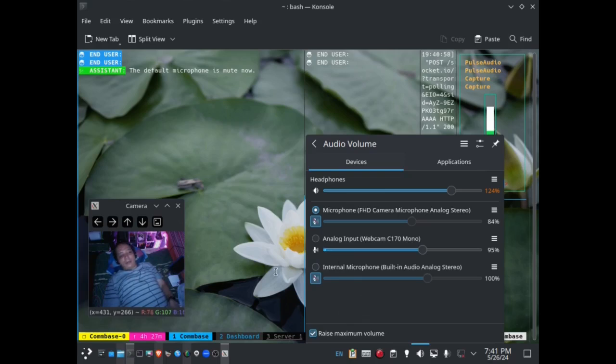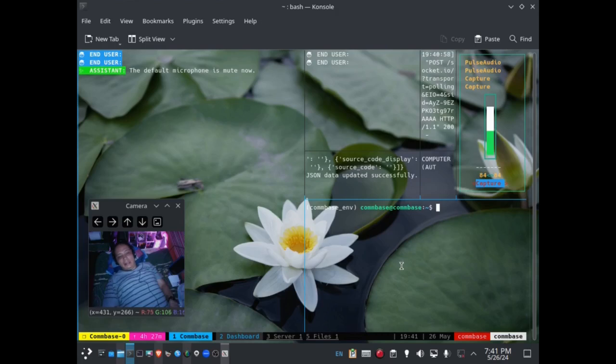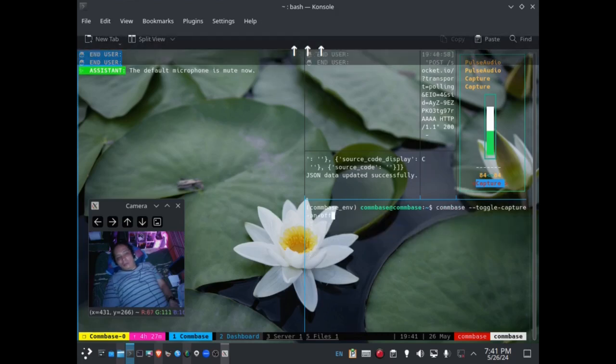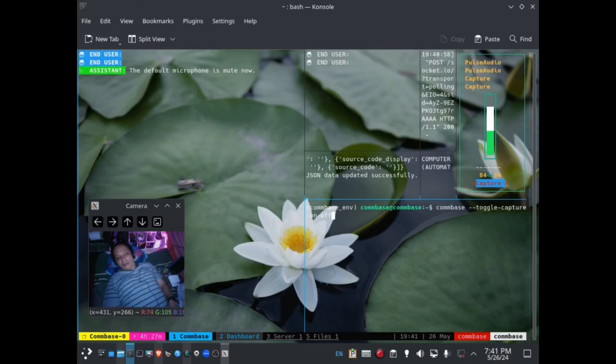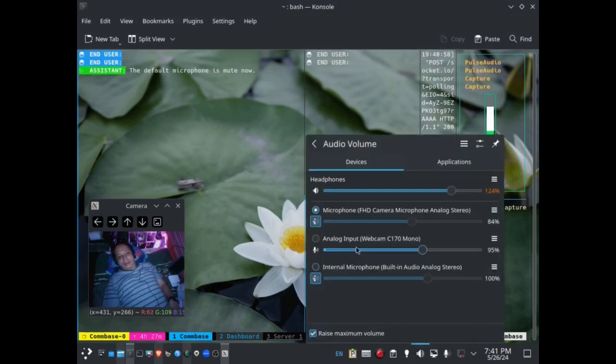So now there is the same command. I'm gonna repeat that using the arrows, toggle capture on off, because Combase wasn't listening, right? But we are not touching this because here we are recording the video, as I said previously, and Combase doesn't touch other captures, right?